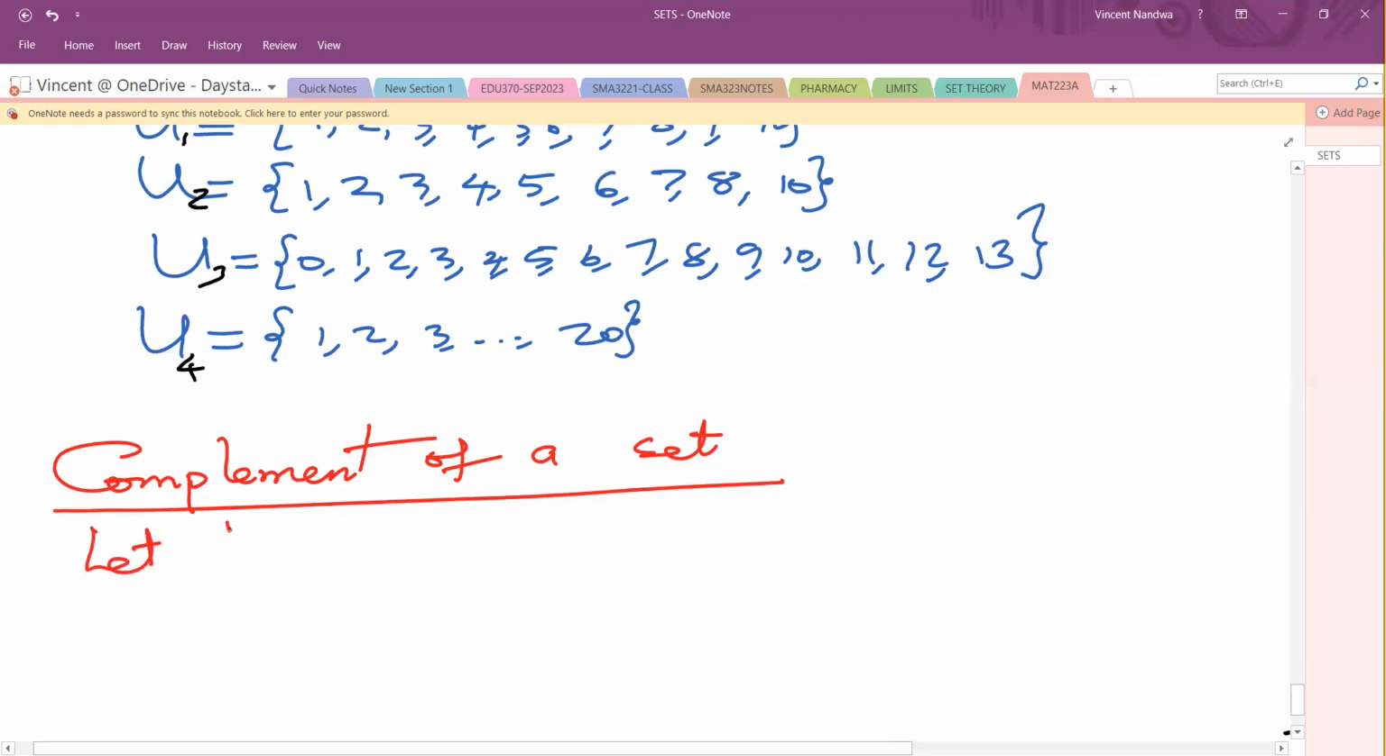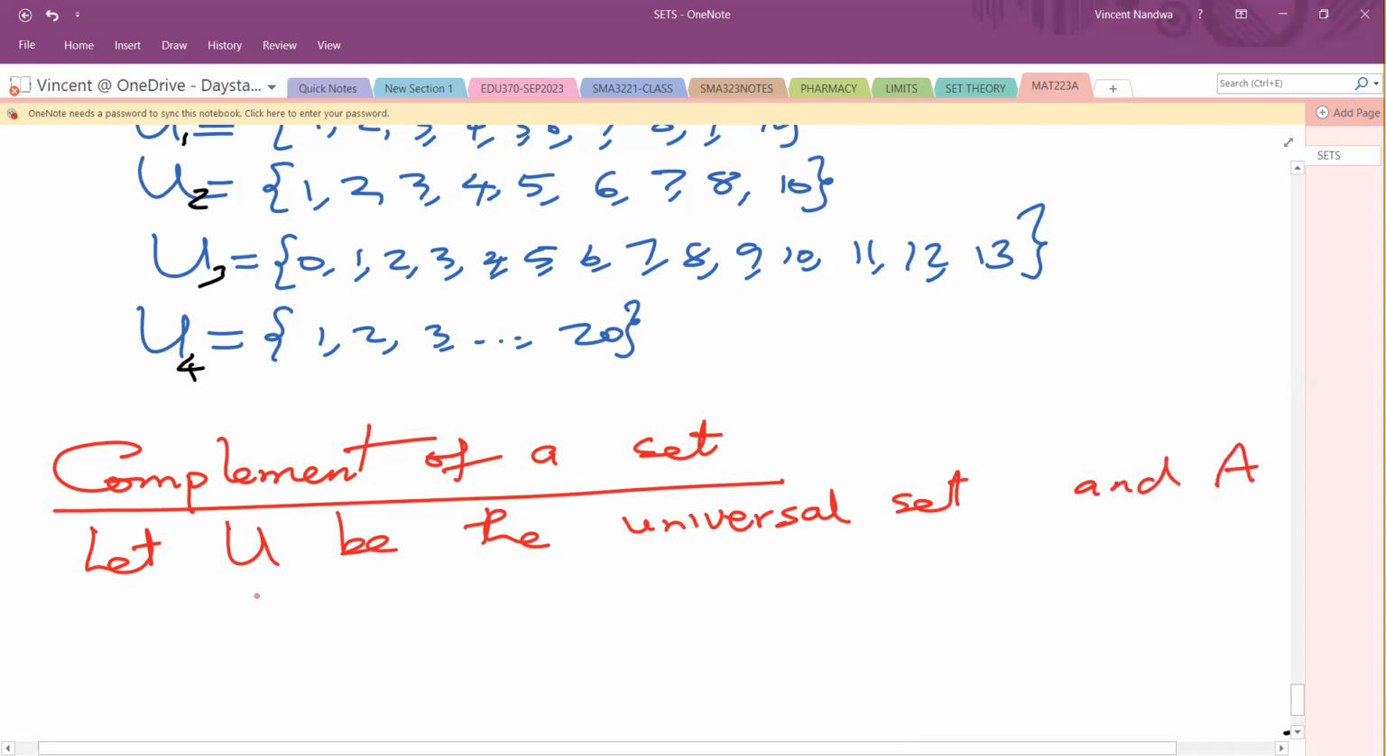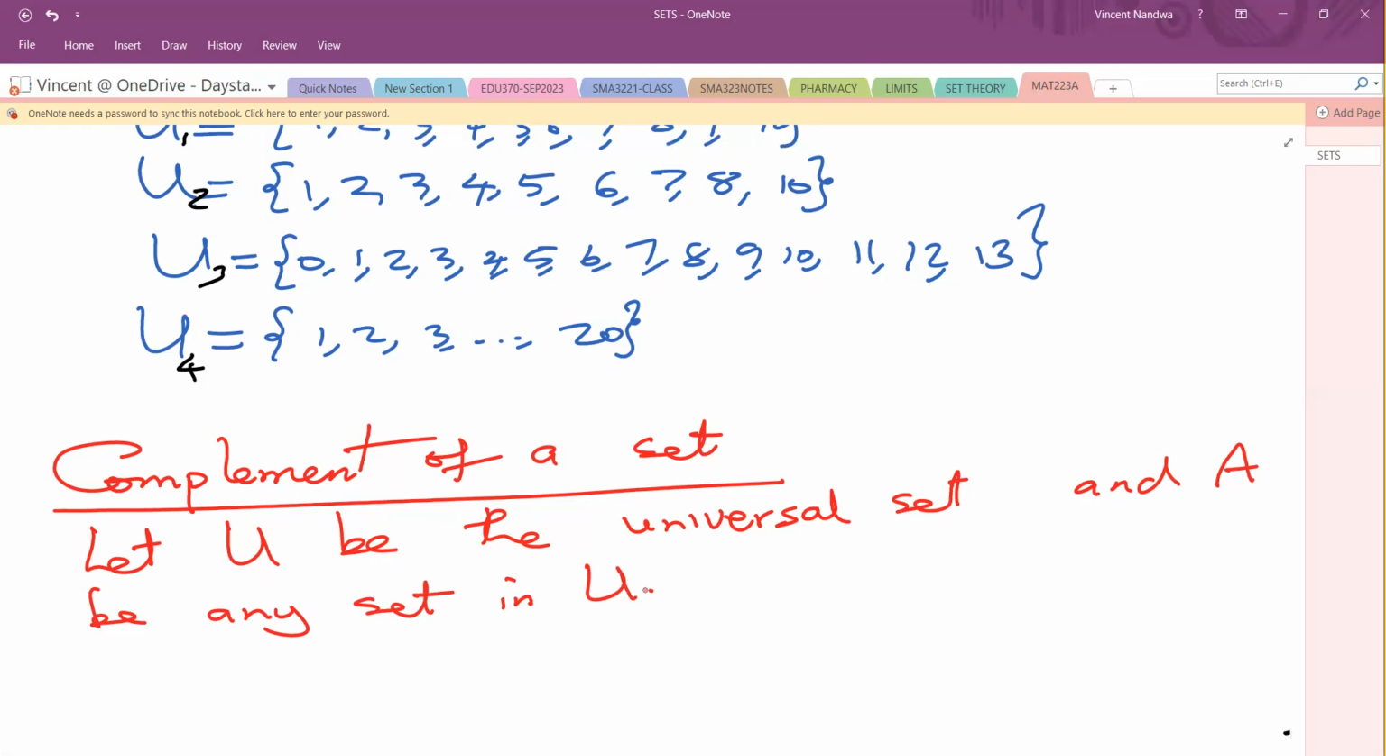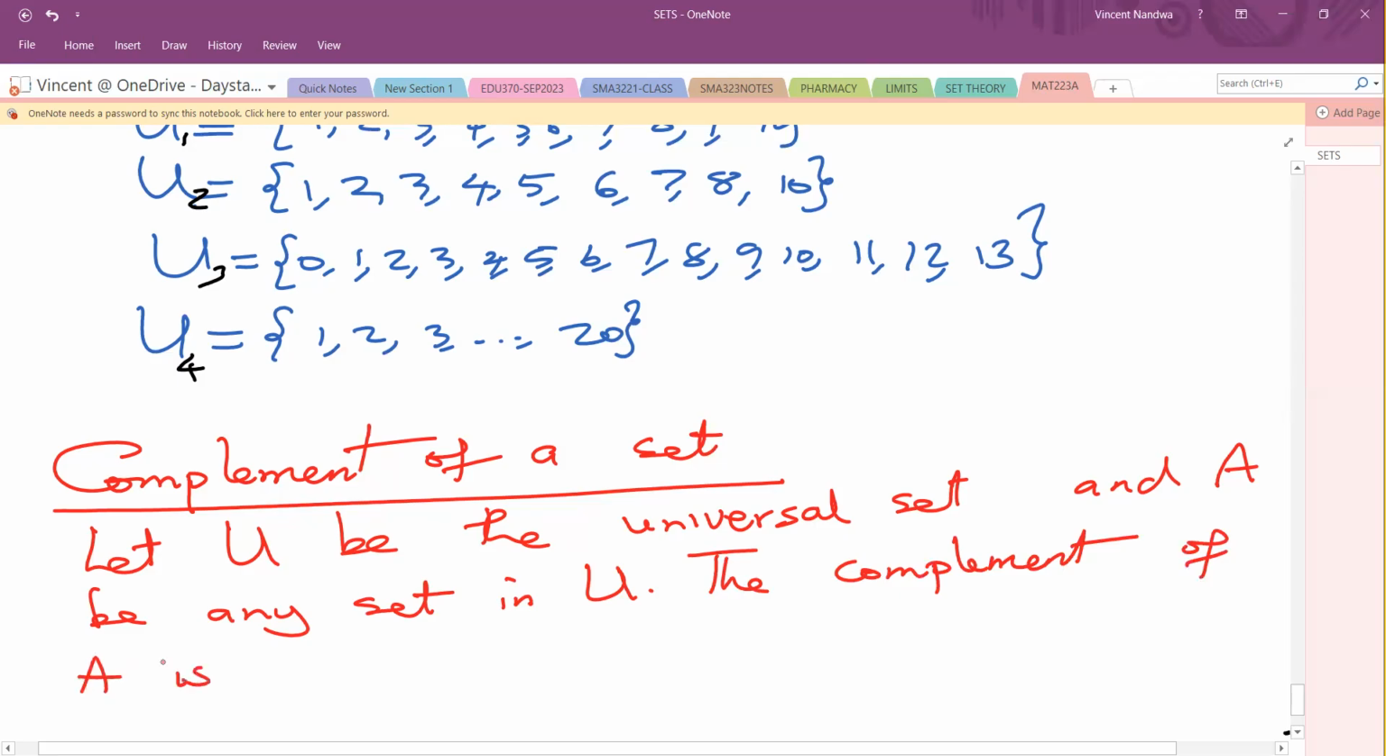Let U be the universal set, and A be any set in U. So U is the universal set, the bigger set, and within this bigger set we have a set we call A. So the complement of A is another set within U, denoted by